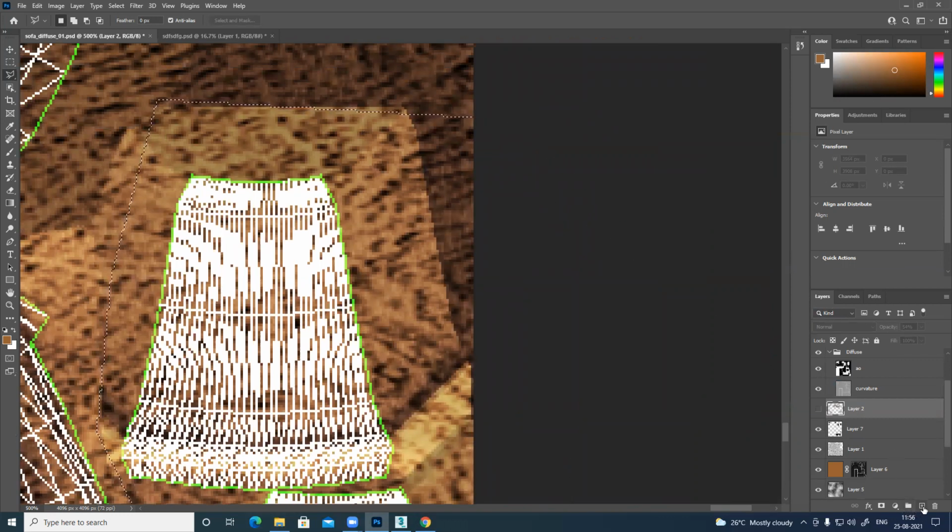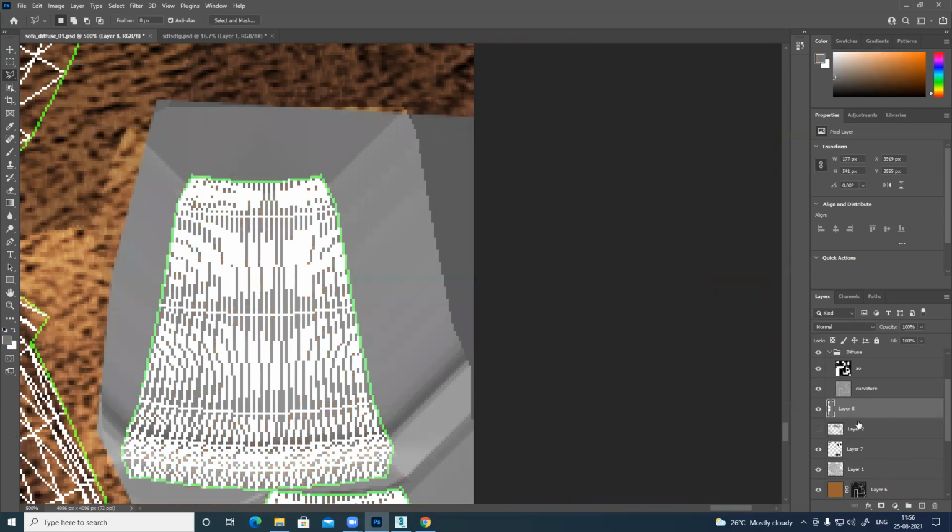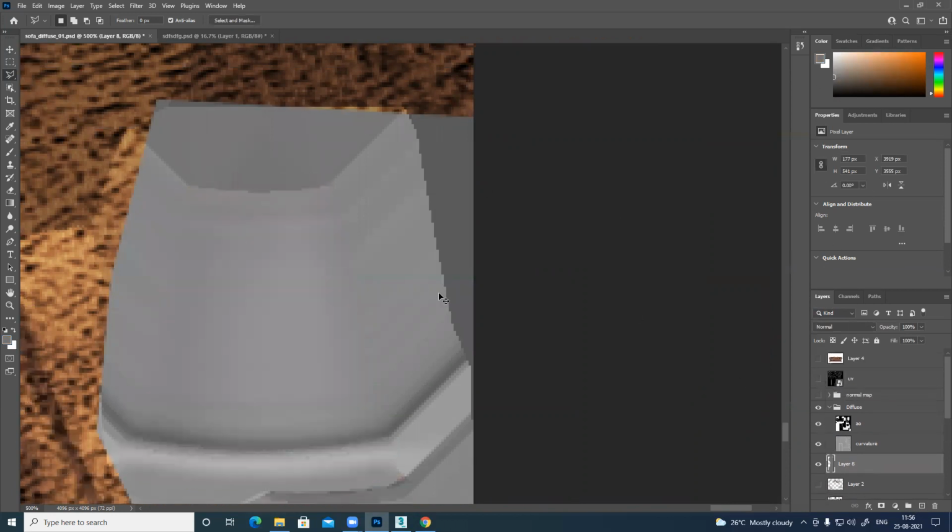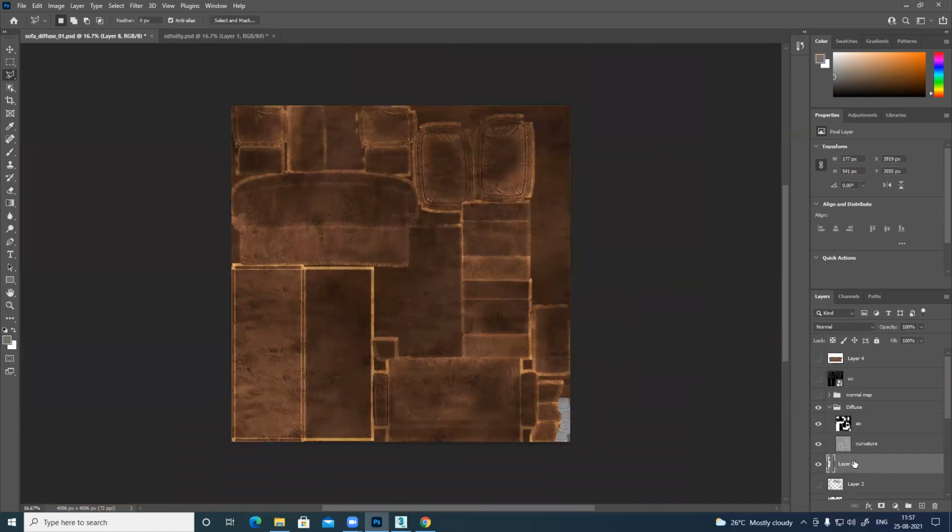Select a new layer and let's do something like 50%. I got the color. This is for metal. So name it metal, so that we identify that area. Till now, everything I have created is all leather.